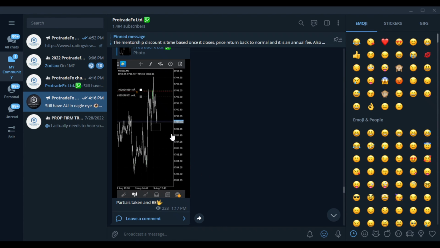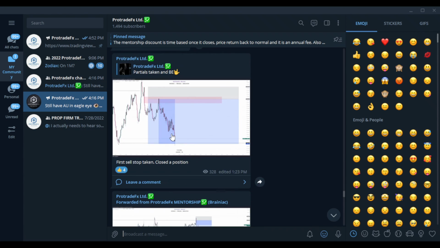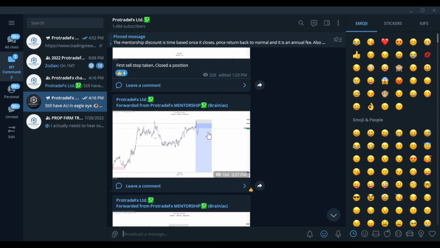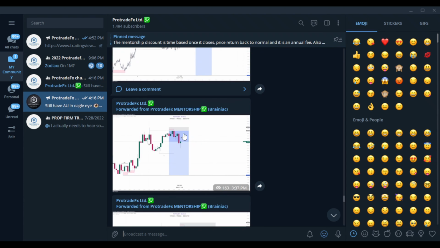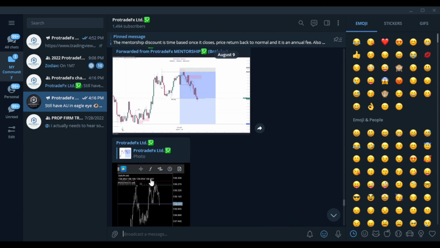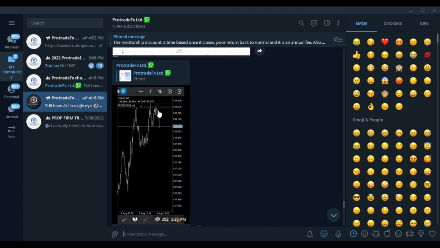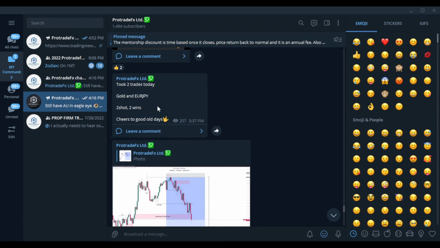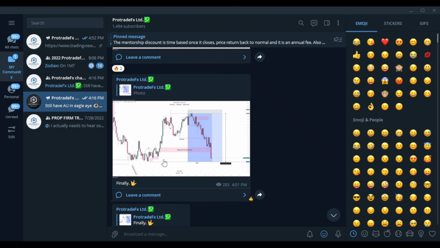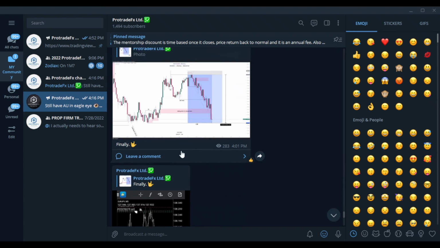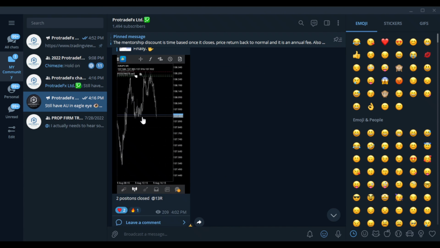So this is the EURJPY trade, right? This is before the entry right there. This is before the entry, and this is it right there. You can see this is my MT4 execution. You can see this MT5 execution right there. You can also see my final target right there on the TradingView platform. And this is my final target on the MT4 platform,